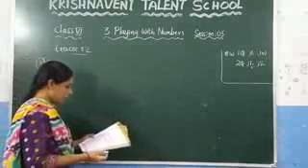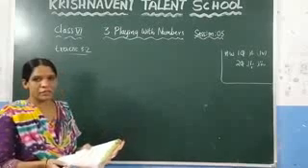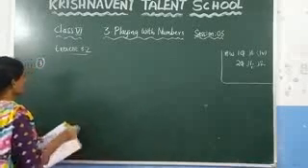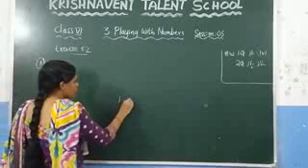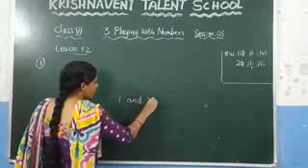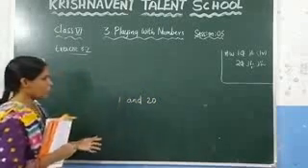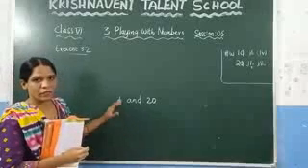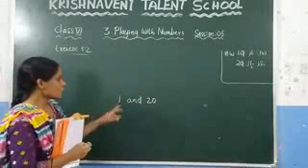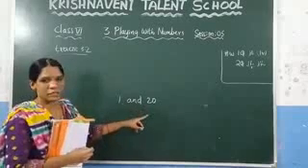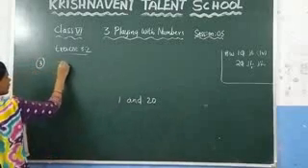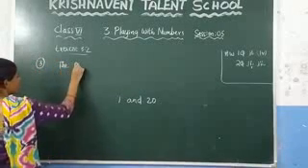What is the greatest prime number between 1 and 20? Here they asked, what is the greatest prime number between 1 and 20? They have given the numbers 1 and 20. You need to find the greatest prime number between 1 and 20. To know that, we need to write what are the prime numbers that lie between 1 and 20. So write it here, the prime numbers